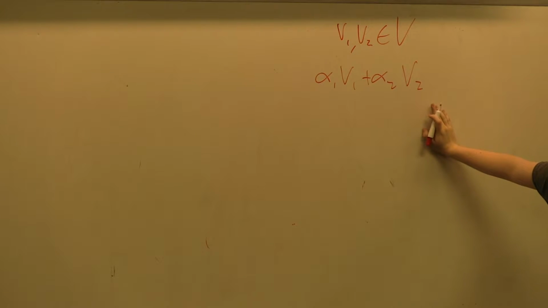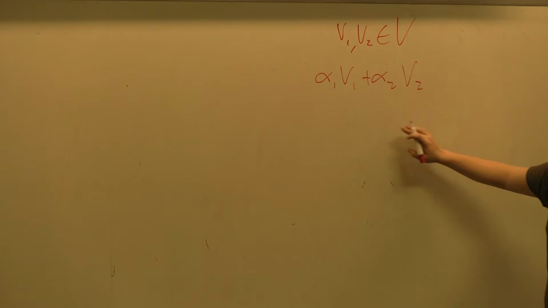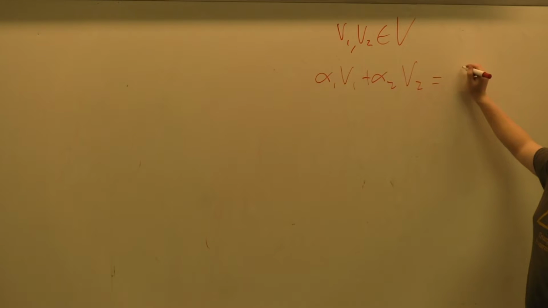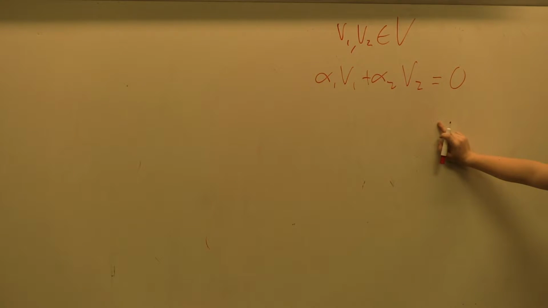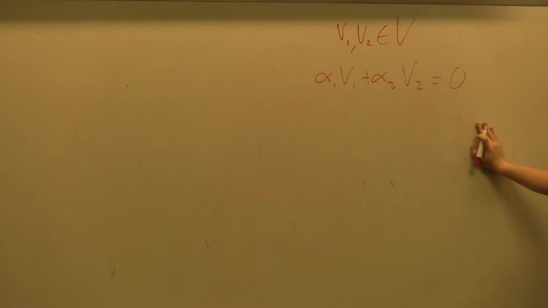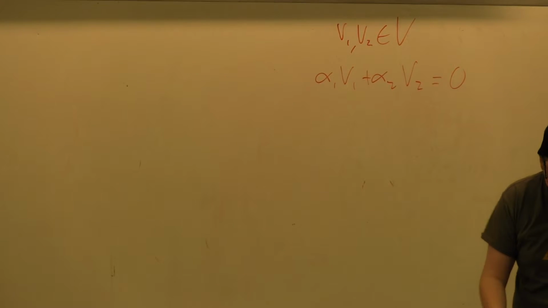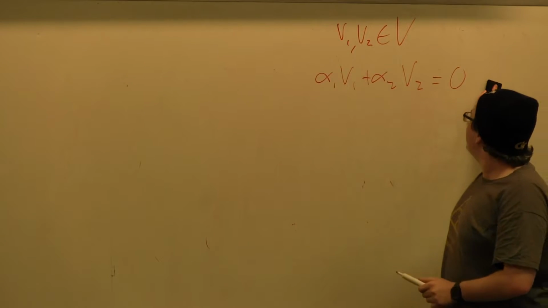A set of vectors is linearly independent if this equation implies alpha1 and alpha2 are equal to 0. That is useful when we're talking about projections, which I'm going to do right after I talk about inner products. So,